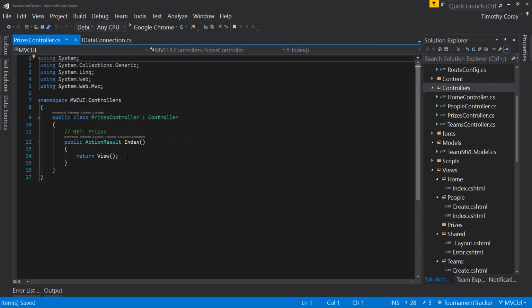And that scaffolds out. It actually creates an index action for us, which in some ways, if you're thinking it's a blank controller, is a bit frustrating because it's not a blank controller. But what I was really trying to do is avoid the